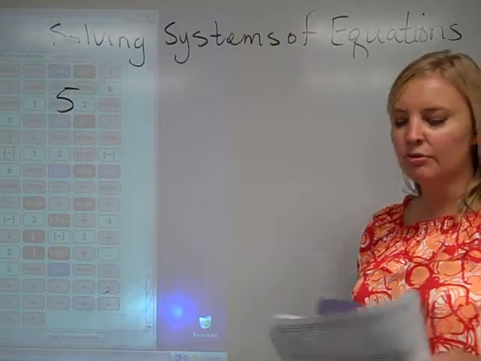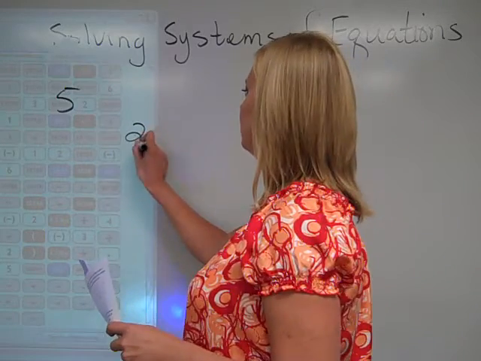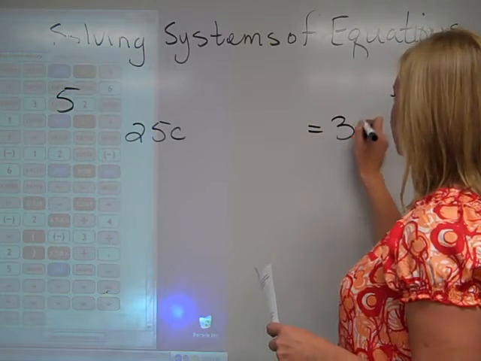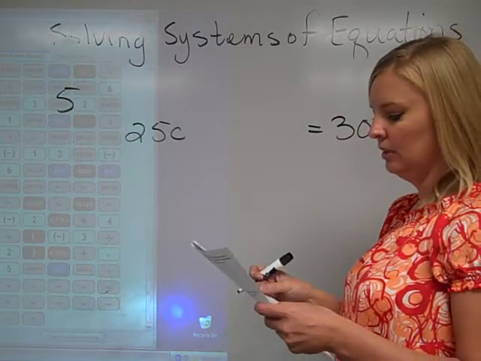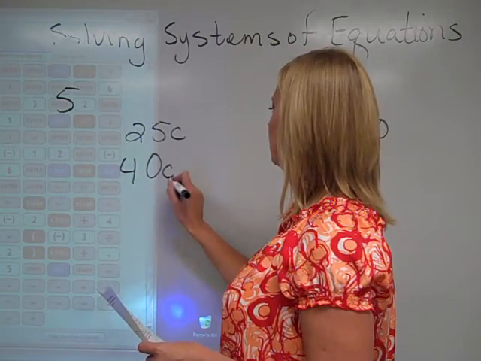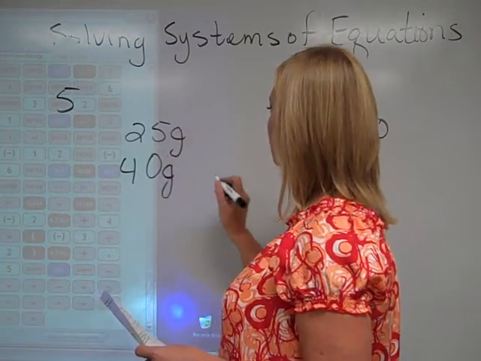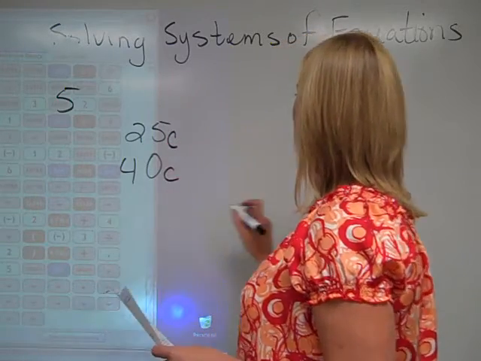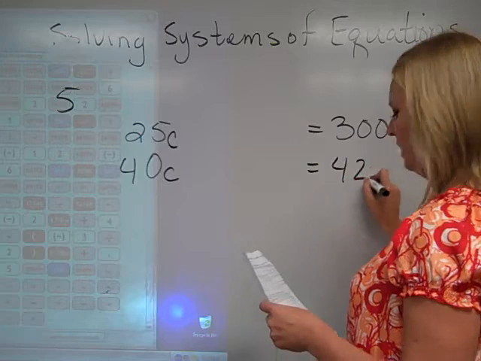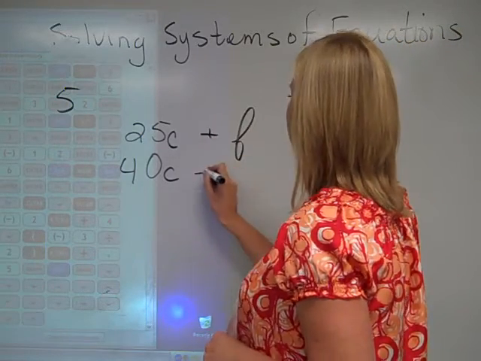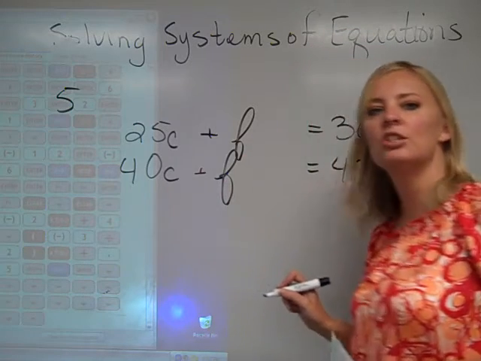If it costs $300 to serve 25 guests, so 25 guests cost $300, and 40 guests, let's keep it C for cost,